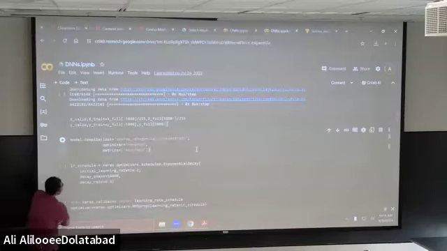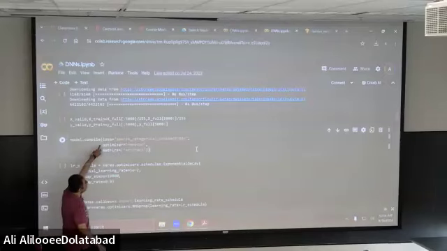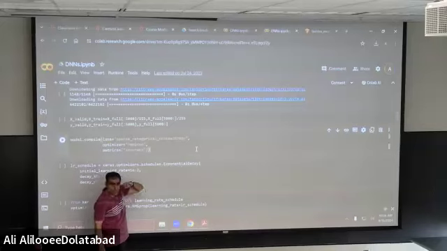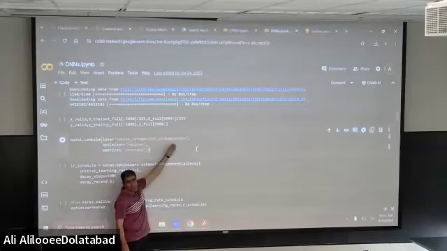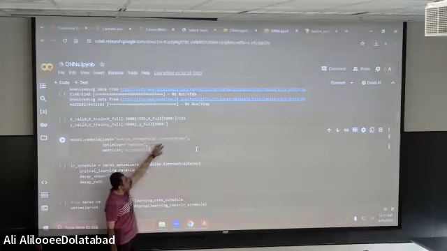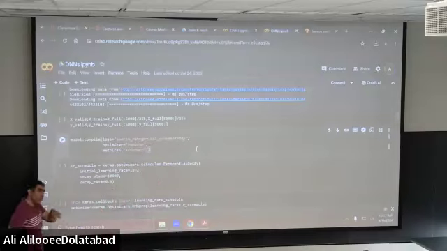We are doing this for compiling. For compiling, first you need to choose the loss function. As you can see, this is a loss function that we didn't see before. Always, when you use softmax, one of the loss functions which is used very often is cross entropy. Therefore, the loss function that we have chosen here is categorical cross entropy. In the homework, you will do the same thing, because you will use softmax again.